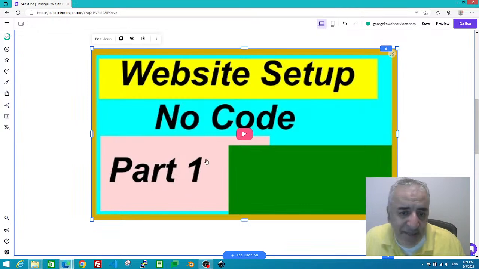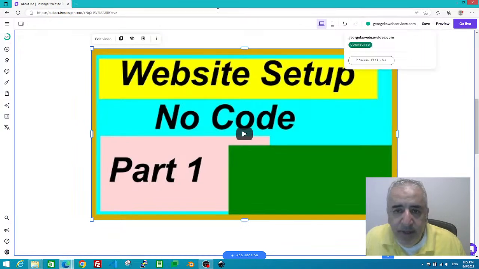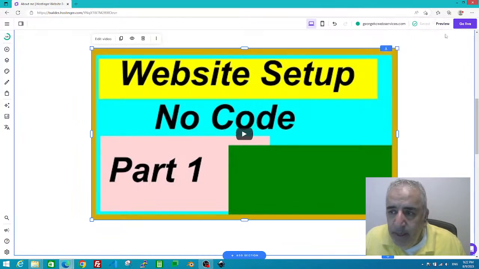Okay, so that's it. The video is embedded now, but it's still in the editor mode. Whenever you want to see how the page will look, you have to go to the preview mode, and you go up here to the right side. It says preview, and it's already saved now. Auto save is on. It means every time you make a change, it's gonna get saved without me hitting the save button. And you hit the preview here,